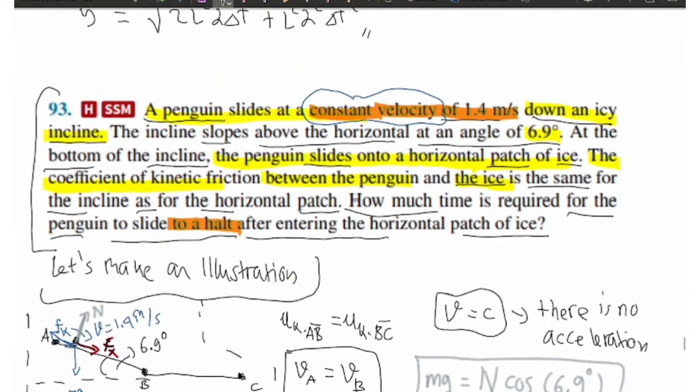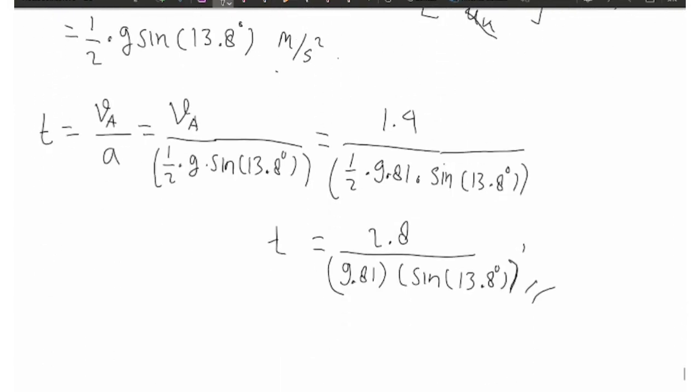So how much time is required for the penguin to slide to a halt after entering the horizontal patch of ice? The time is equal to 2.8 divided by 9.81 times sine of 13.8 degrees. I think that's enough for today, and I think you can all try the other problems with the same concept as our problem today, and you have to keep trying until you know how to solve the problem that you face